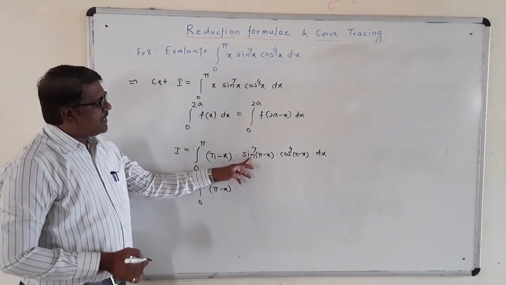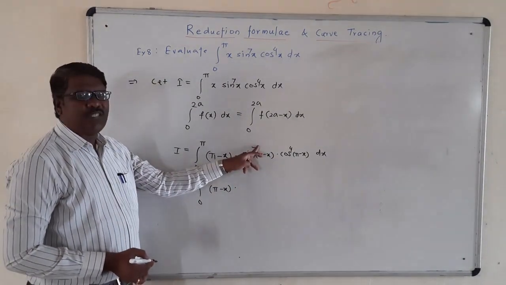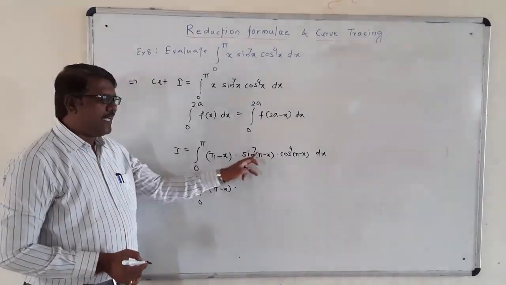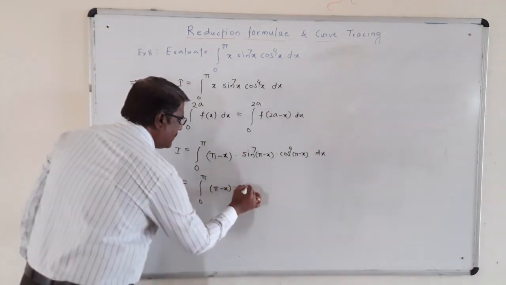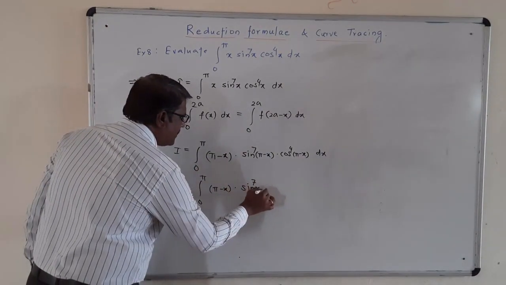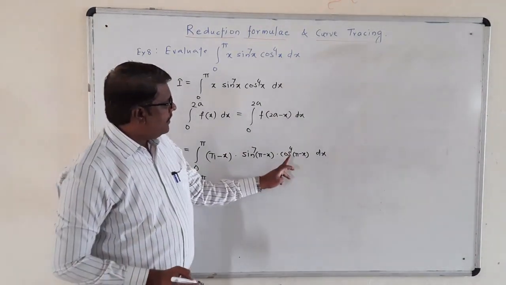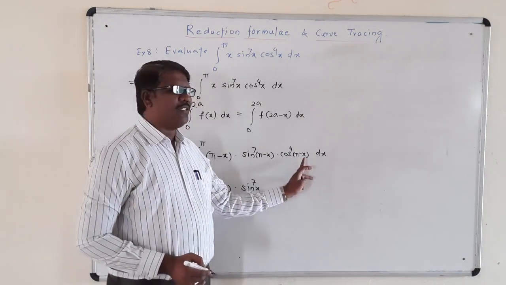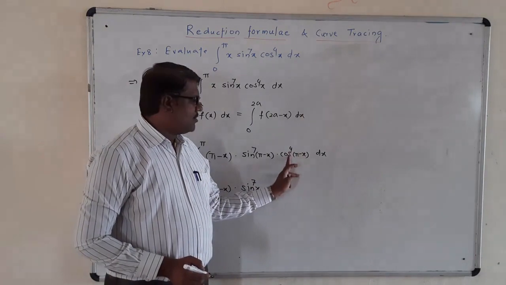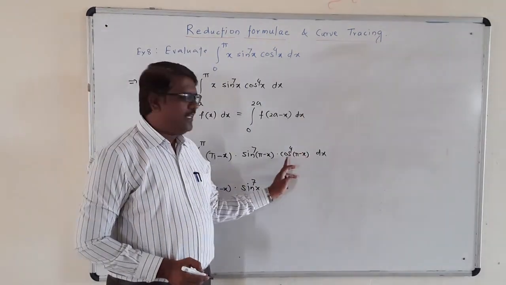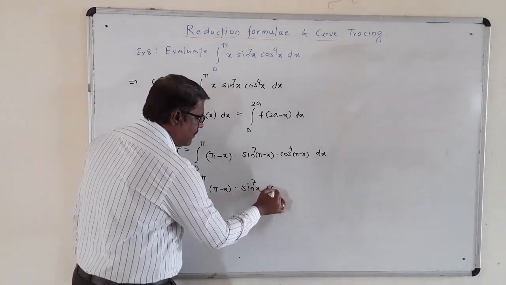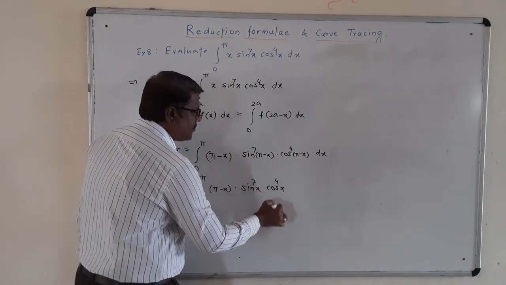So this is sin of pi minus x raised to 7, and we know sin of 180 minus theta is again sin theta, so it is sin^7 x. Similarly, cos of 180 minus theta is minus cos theta, but again the power is 4, therefore cos^4 x